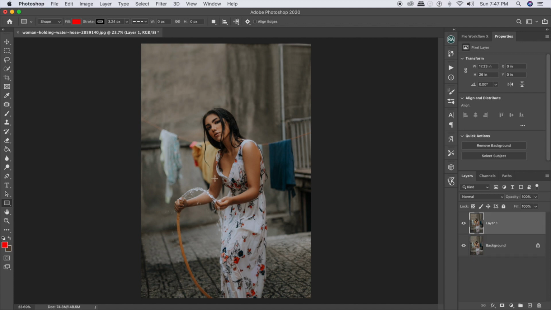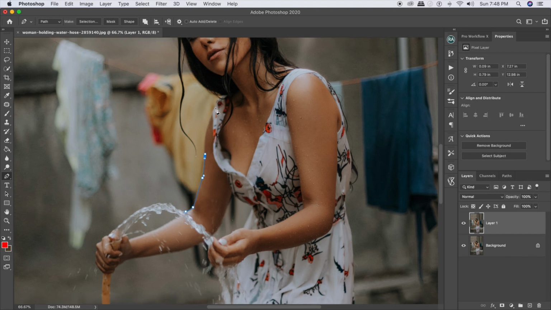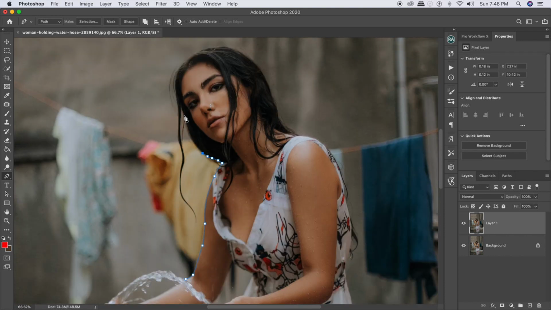The next thing that I will do is select the model, and especially in the area where right behind her there is clothes, I will select those areas and I will use the pen tool to do that. So I take the pen tool and then from this area I'll just make a selection. You can use other tools as well for selecting, but the pen tool is the best for making curves, so that's why I'm using the pen tool. I highly suggest you also use the pen tool.